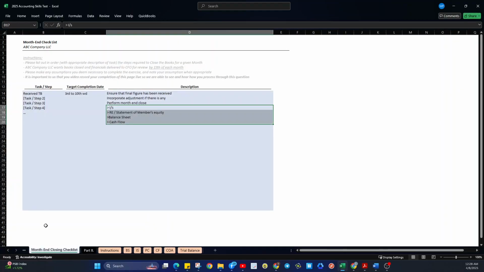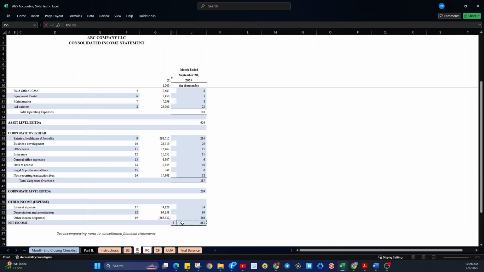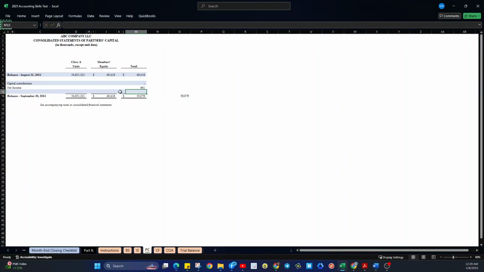Now next is, as I mentioned, after you do the income statement, the next financial statement that we have to work on is the statement of members' equity. Alright? So here, for income, we could pick it from here. There. Alright?